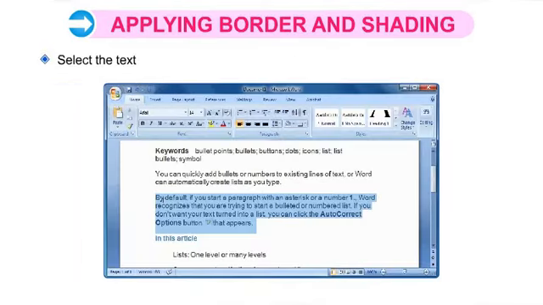You can apply a border on the text so that it will look more effective and readable.